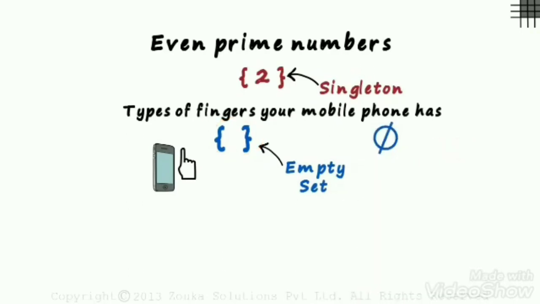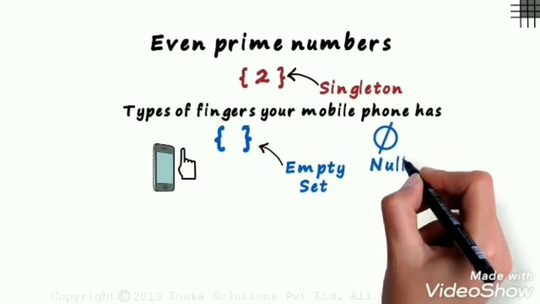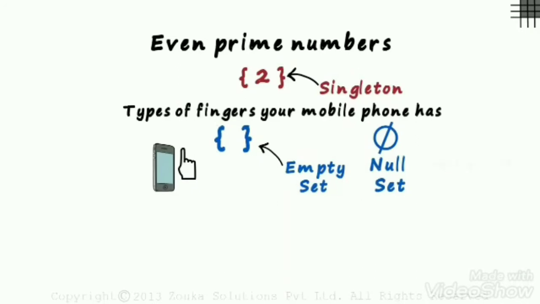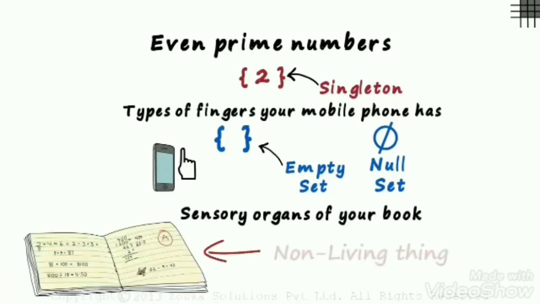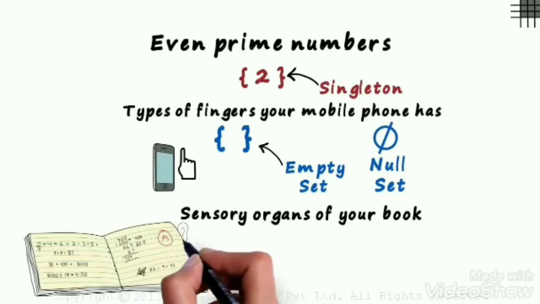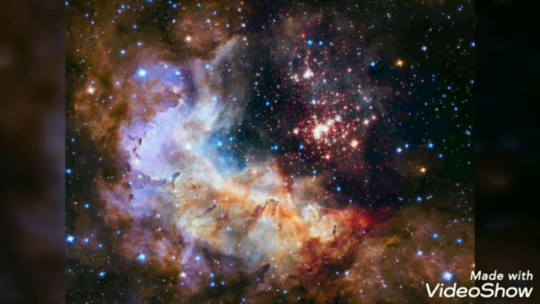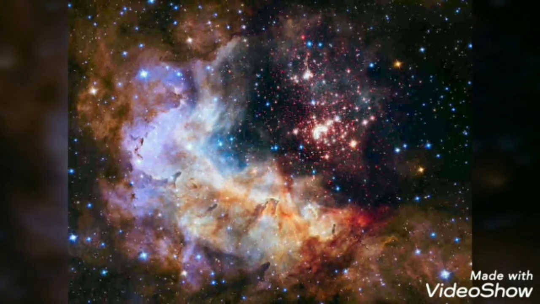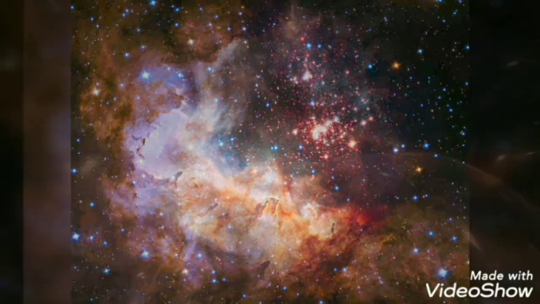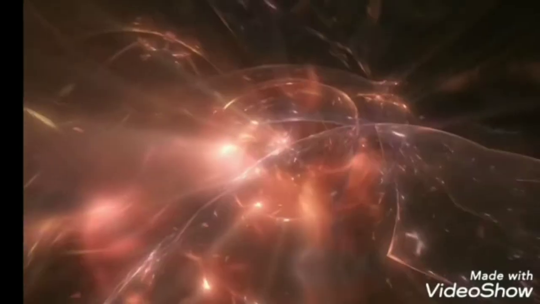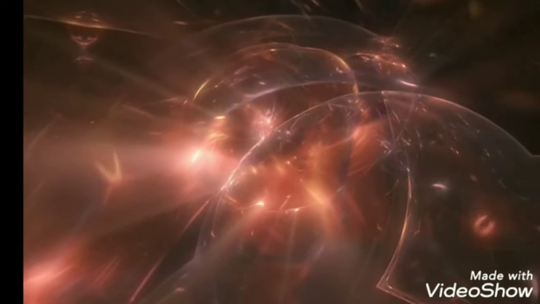Now one more fun example. Do mobile phones also have fingers? No. So it's an empty set. No elements are there, so we can also call it a void or null set. Do books also have sensory organs? No. So there is no element in it, and it is an empty set. Let's discover more. The Big Bang Theory tells that the expanse of the universe starts from nothing. So that nothing is also an element. We can also take it in a set. The zoom capability of an atom also ends at 0. Hence, the empty set is a subset of every set.